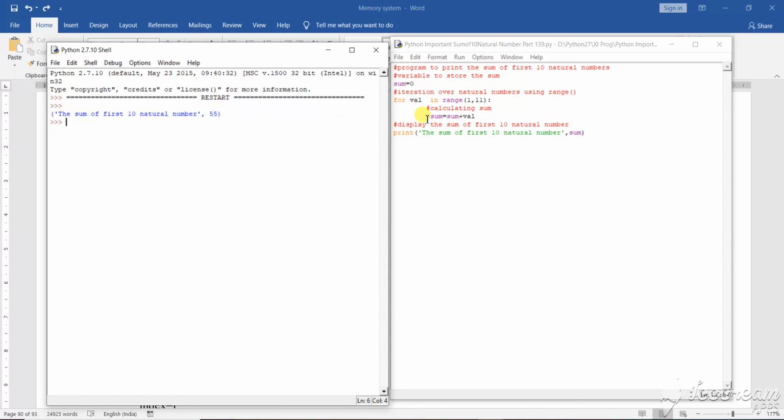So this is what you can find and implement, how this particular thing is executed as part of a natural number series. In this natural number series you are implementing the series starting from 1. You can change this series format also. If you want, you can give any other series format.